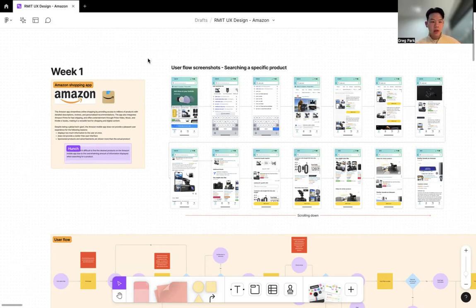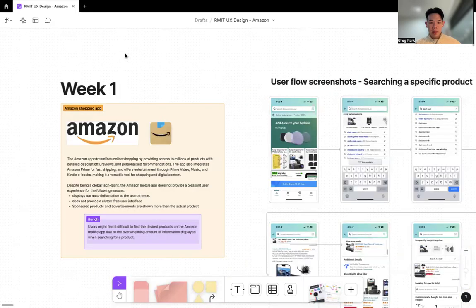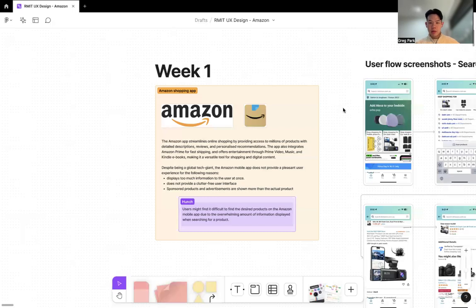So for the first week, I have chosen my problem. For my user experience problem, I have chosen the Amazon Shopping app. And my initial hunch for the Amazon Shopping app was that the users might find it difficult to find the desired products on Amazon due to the overwhelming amount of information displayed while searching for a product. This was based from my past Amazon using experience, and I thought this was an interesting project to work towards,